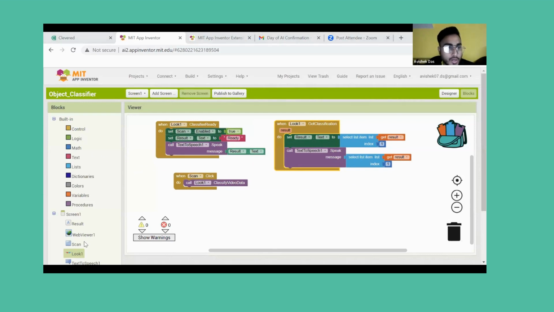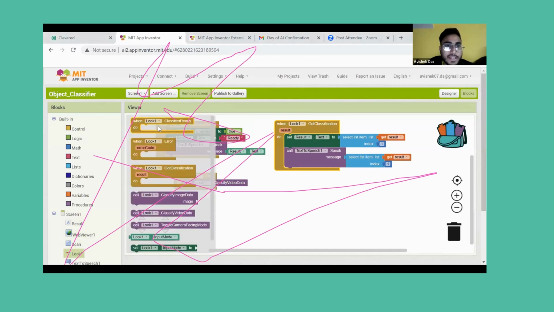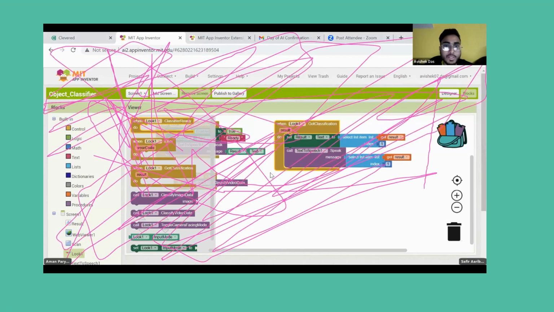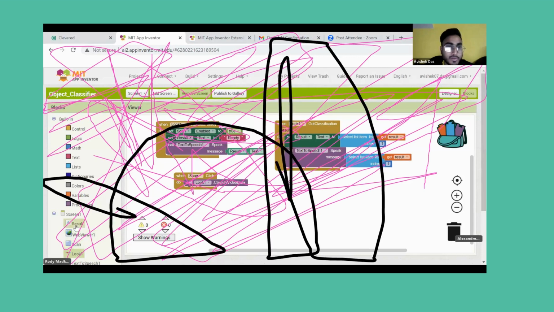If you click on the scan option, in the Look option you get the when classifier ready. So when you click on the Look one dot classifier ready, what will happen? You can drag it here. And with the Look one dot classifier ready, we can set the result. So in the scan one, you can get the scan one dot enable to true. In the result one, what we can get,